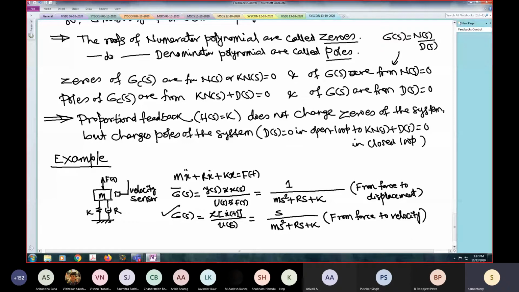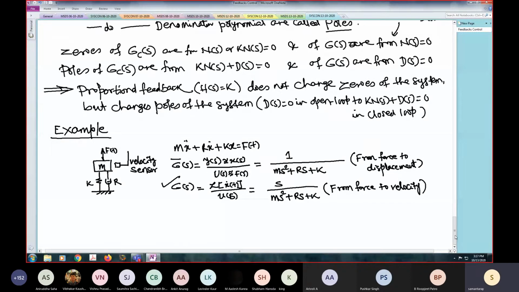So this is our transfer function. The other one is an intermediate one. So we found the transfer function from force to displacement from the equations. Then we took the output, changed the output to x dot t, and then multiplied with s, and we get the force to velocity transfer function. So that much we know so far.